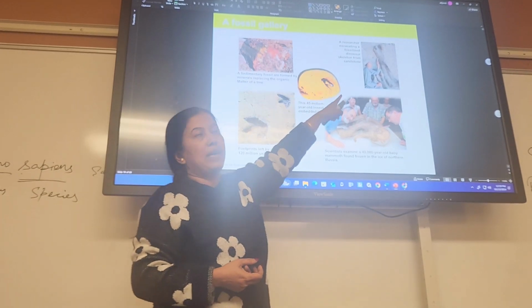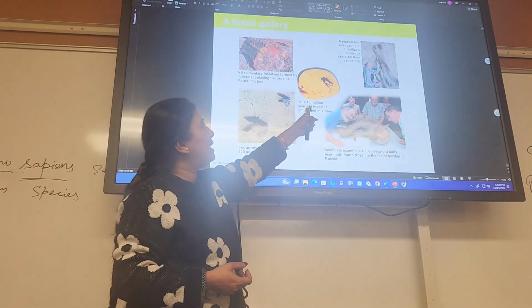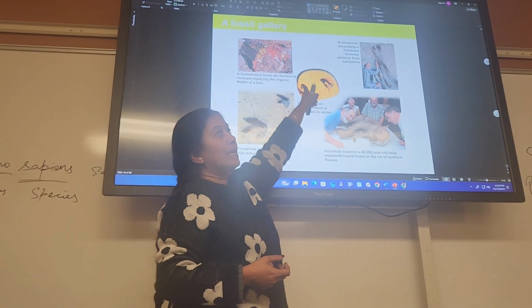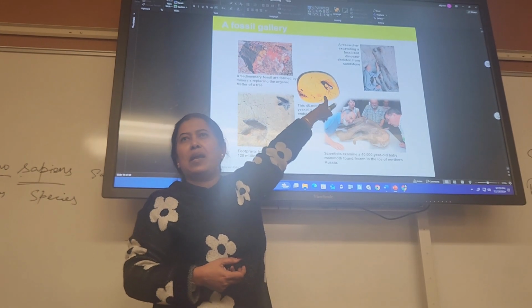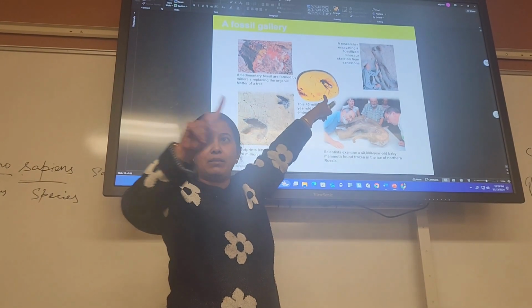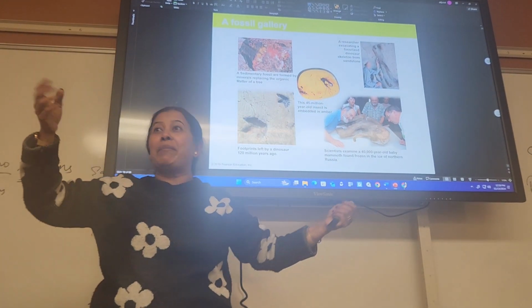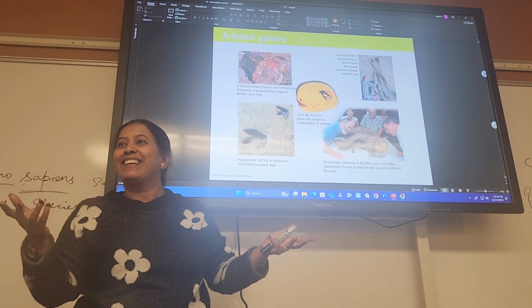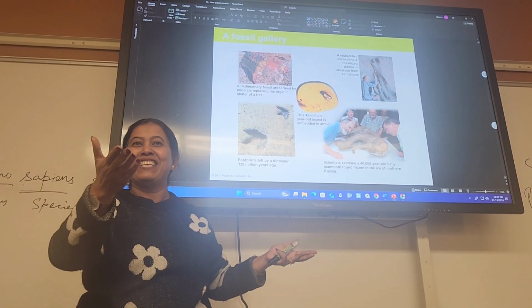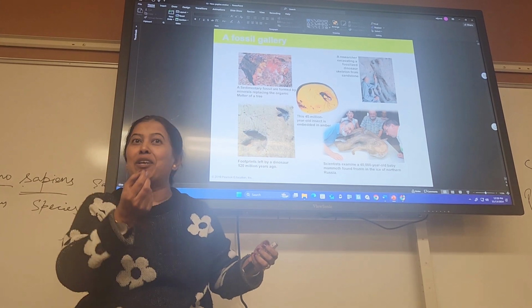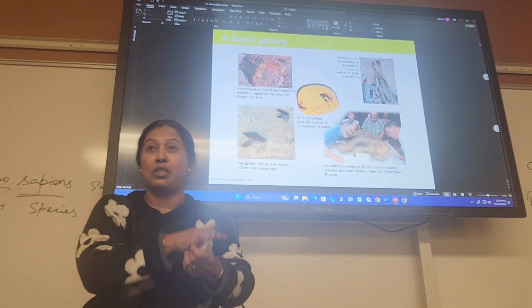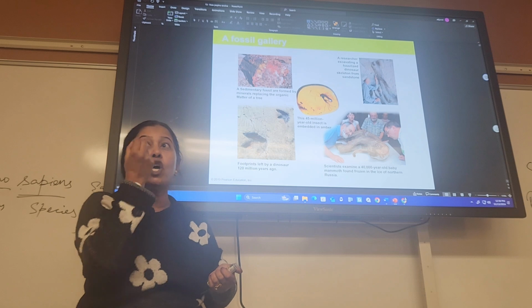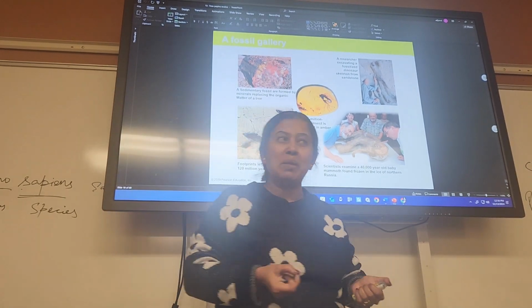Now this one is very fascinating. A 45 million year old insect got embedded. You see this mosquito? Have you seen Jurassic Park, the first one, the original? How did they make the dinosaur? What did they show in the movie? They took out DNA from mosquitoes. The mosquito had sucked the blood of the dinosaur and the mosquito got preserved, so that's a fossil. And then because they got the blood of the dinosaur from the mosquito, so